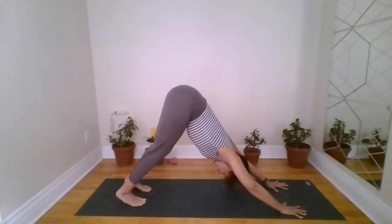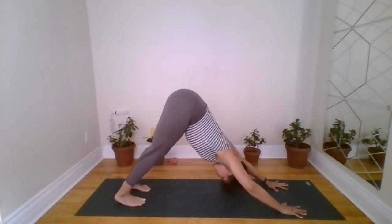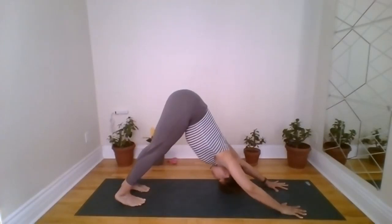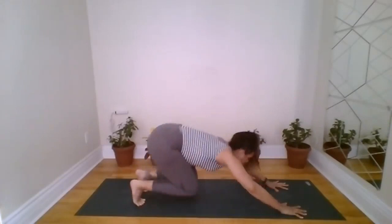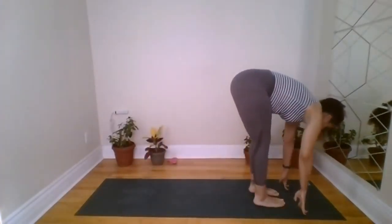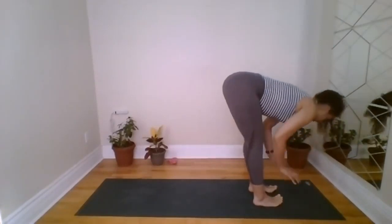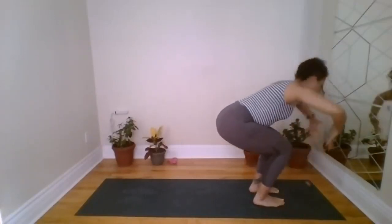Hips move high, and the heels drop low. Take the weight and pressure out of the shoulders, out of the wrists, and move it up to the sit bones and down through the heels. Lift both heels, bend your knees, look forward, step to the top of your mat, Uttanasana, forward fold. Halfway lift, inhale, forward fold on the exhale, chair pose, sit the hips back, look forward, and extend the arms